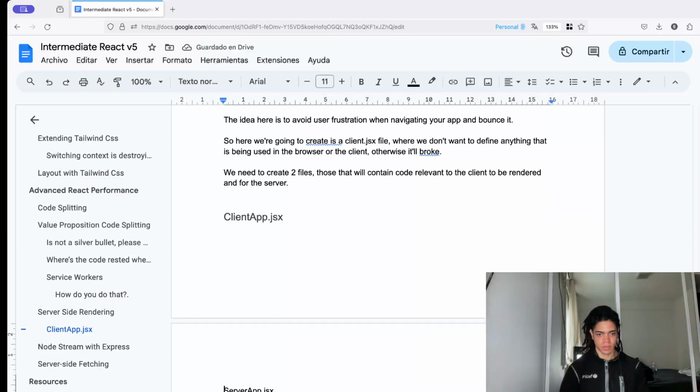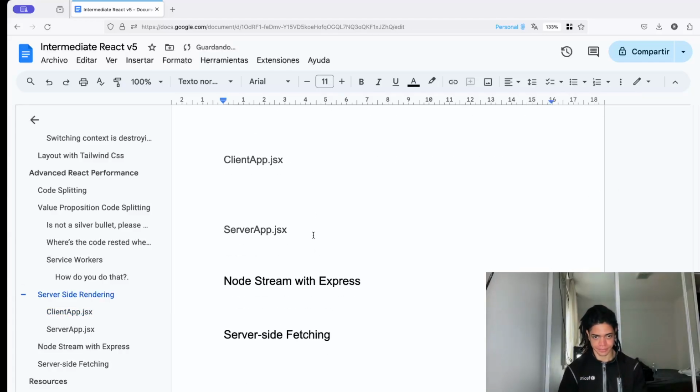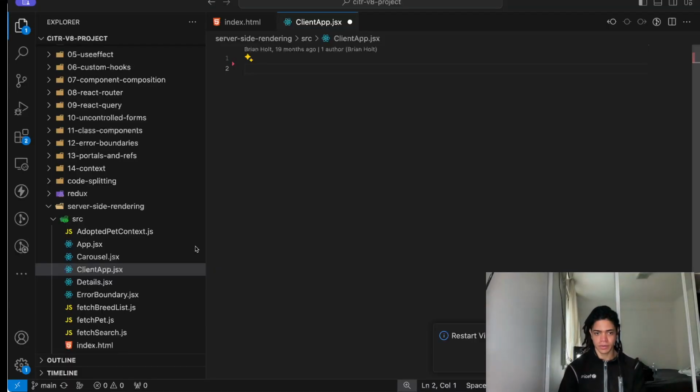There you go. And this is something fairly common with a lot of applications out there. So if we take a look now back to our code here,